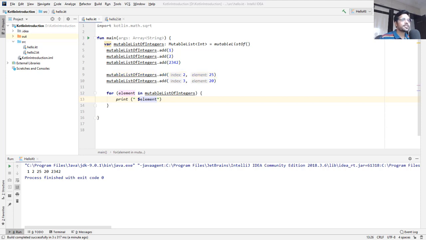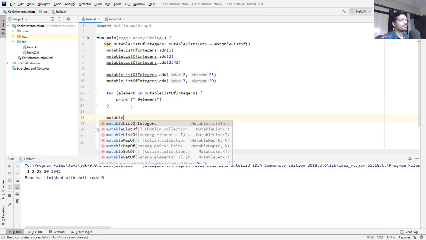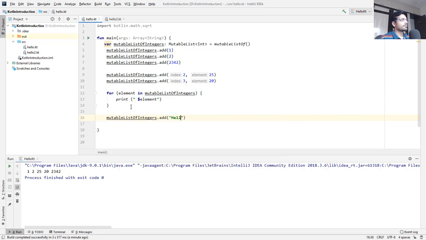Now let's try adding a string value to our mutable list of integers. And it shows type mismatch error.